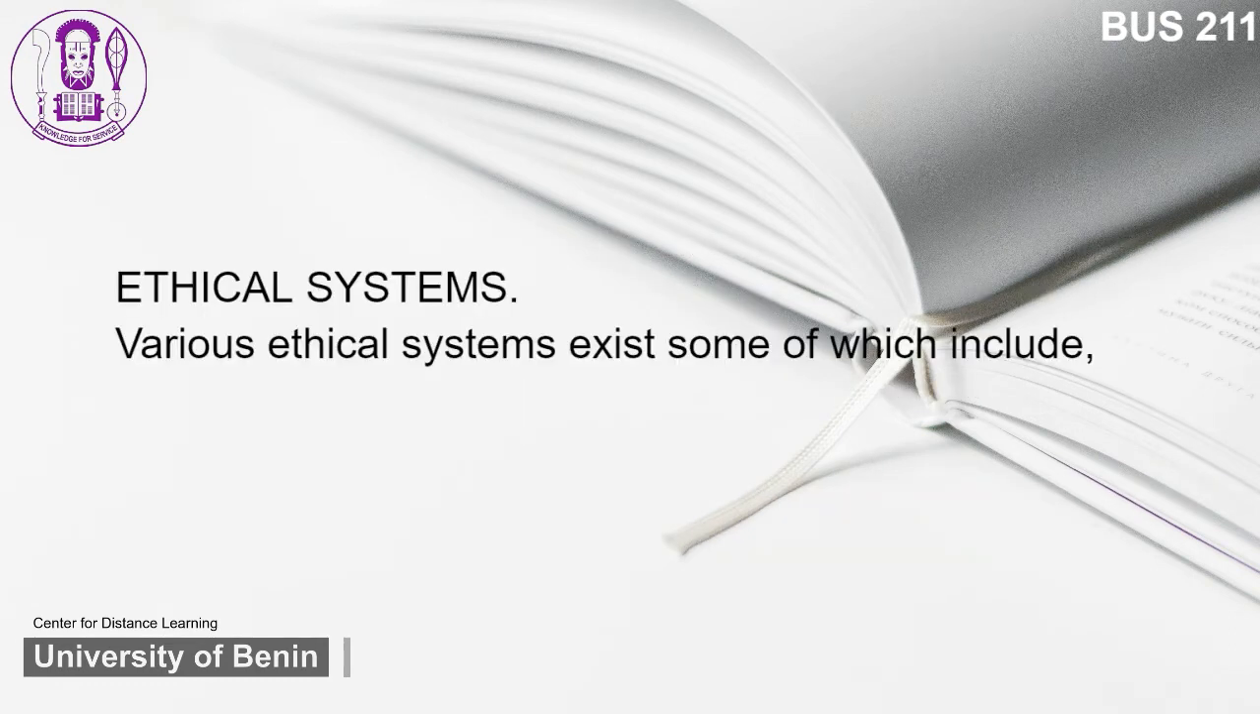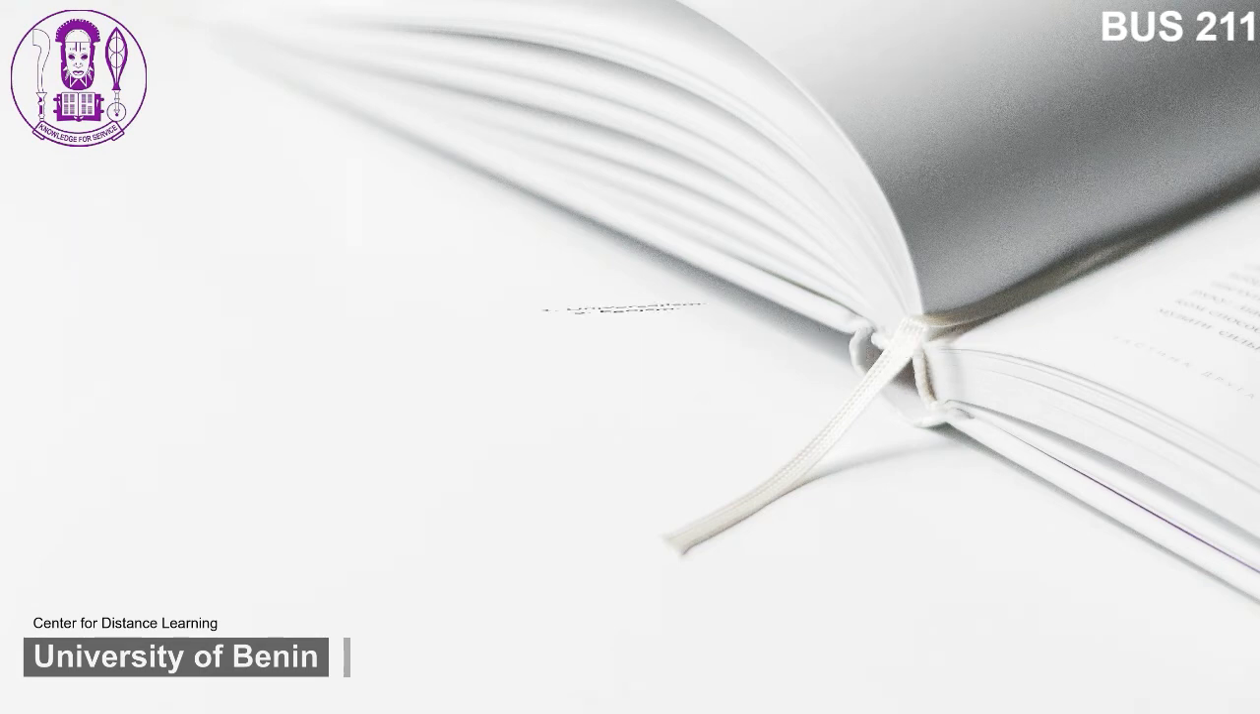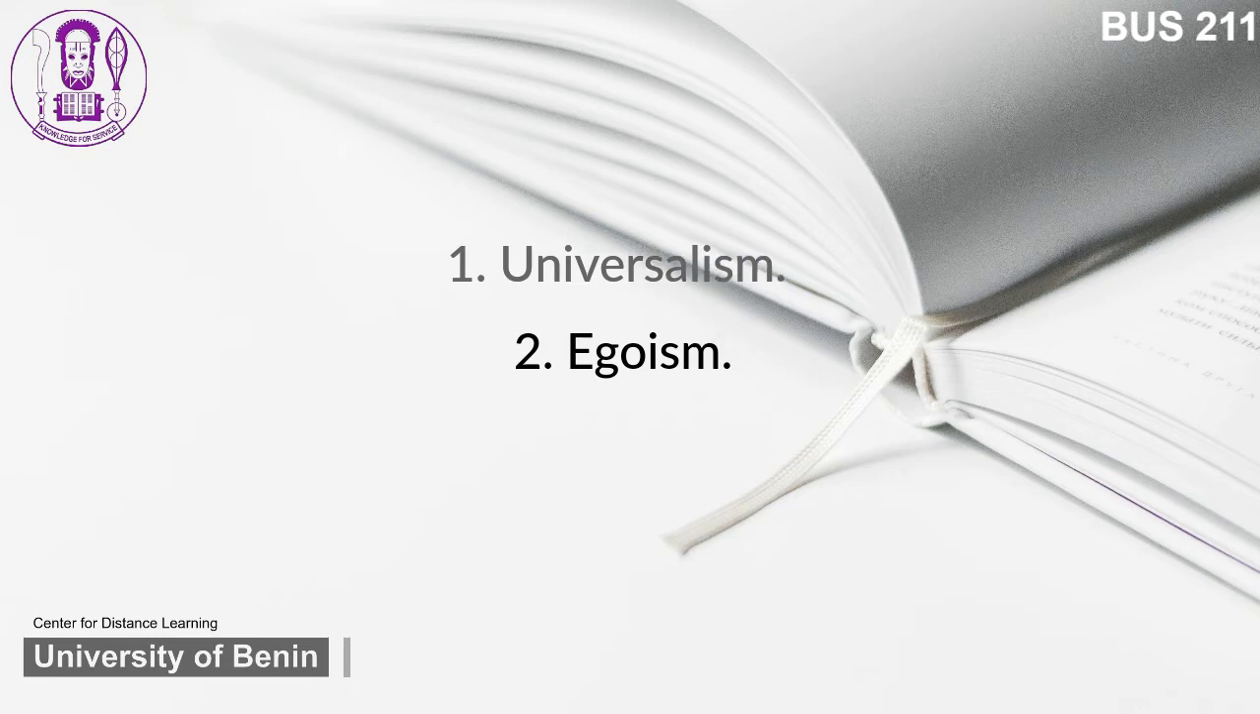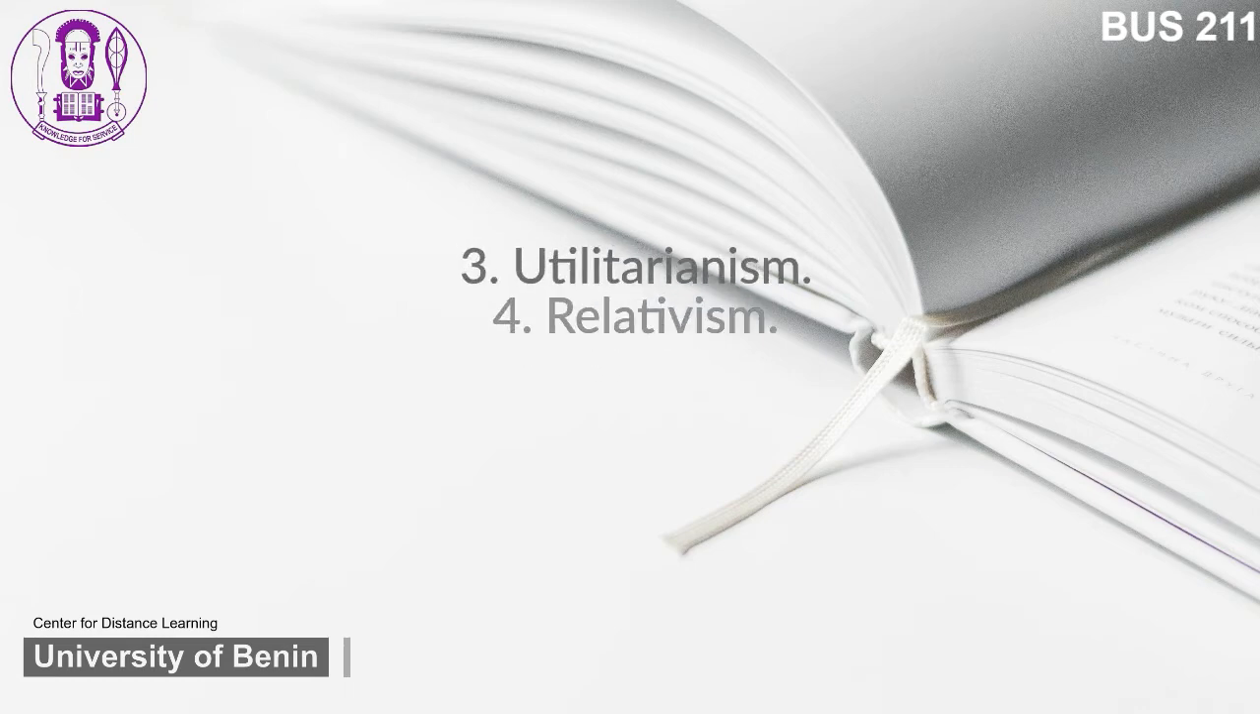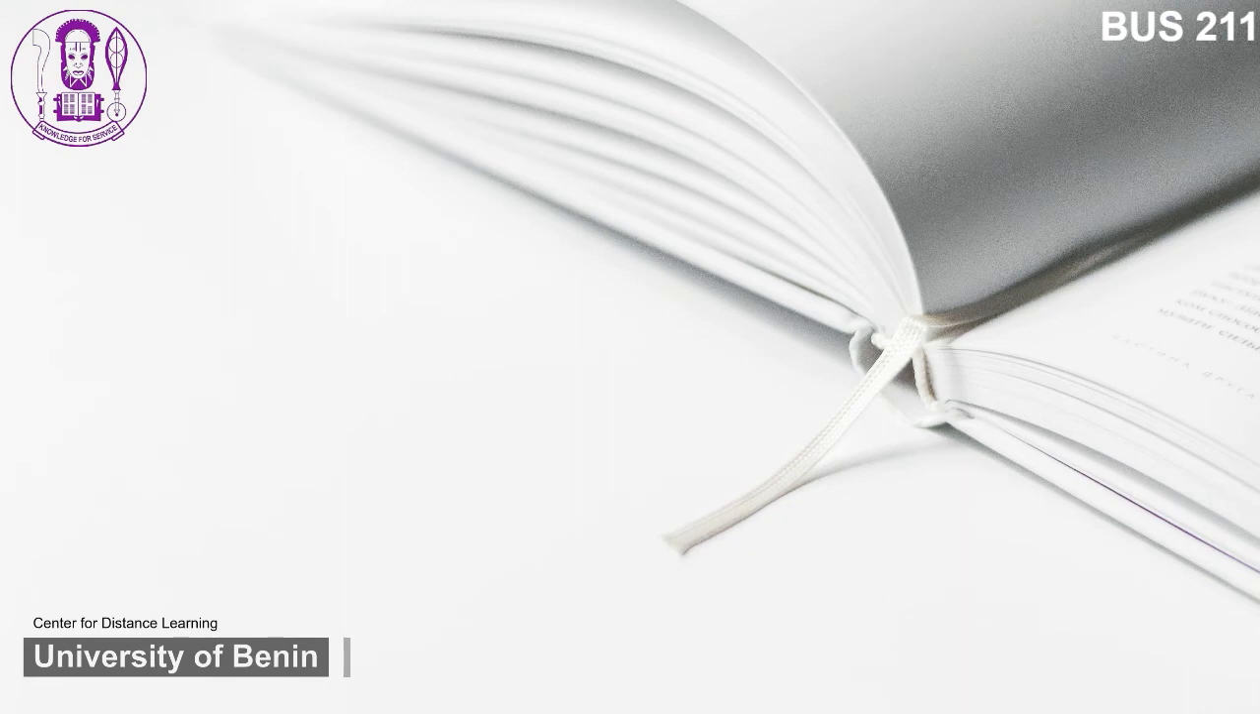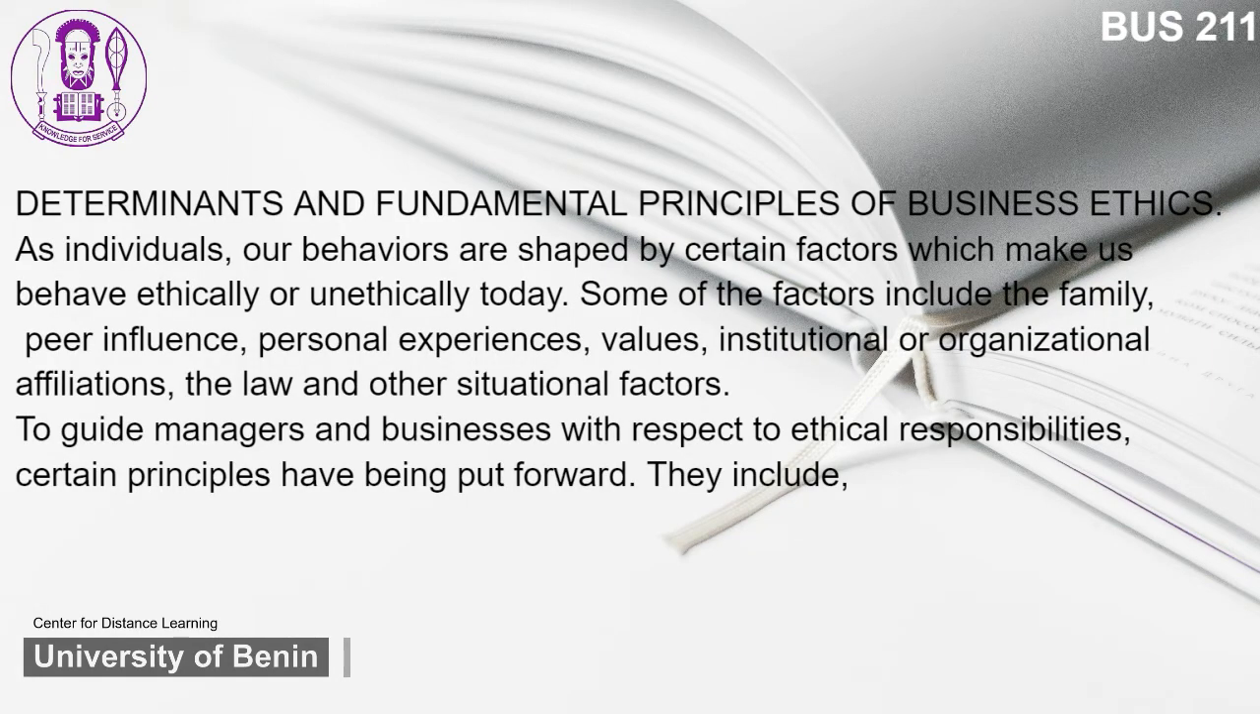Ethical systems. Various ethical systems exist, some of which include: 1. Universalism. 2. Egoism. 3. Utilitarianism. 4. Relativism. Determinants and fundamental principles of business ethics. As individuals, our behaviors are shaped by certain factors which make us behave ethically or unethically today. Some of the factors include the family, peer influence, personal experiences, values, institutional or organizational affiliations, the law and other